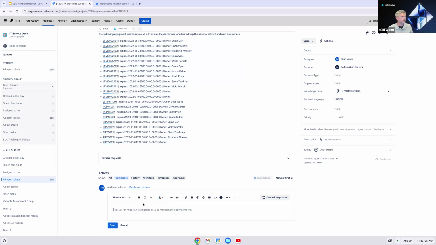So one of the things that Atlassian has been rolling out for maybe about a year now is Atlassian Intelligence. And this is their AI solution, and it's designed to help, again, create efficiencies and help you do some processes a lot quicker. One of the ways you can utilize that is within comments on tickets. So I could comment on this and say,